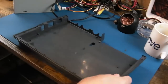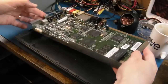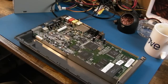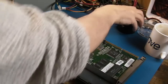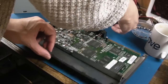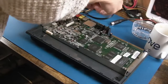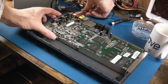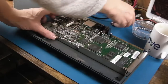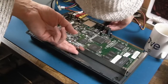Let's get the case back down there, and set it into position. I think we'll power it up that way actually. Let me just connect the power and video and stuff. So I'm just going with composite here for the moment. And in fact, that's like the only connector you've got on the back, unless you have something that connects to there, which we do have. And I'll try that in a minute. We'll try it with the